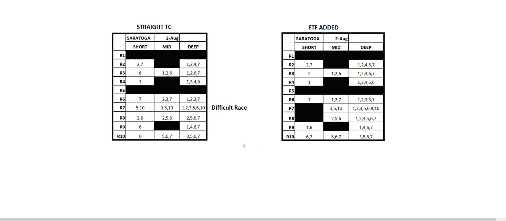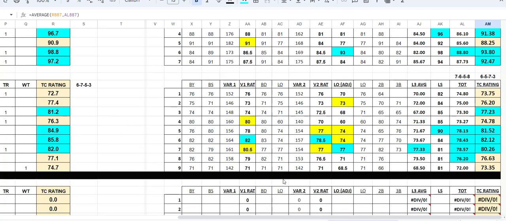And then race number 10, we had a short of a 6. I now moved it to a 6-7. The middle depth stays at 5, 6, 7, and the deep stays with 3, 5, 6, 7. So there wasn't a whole lot of changes going on there, with the exception of